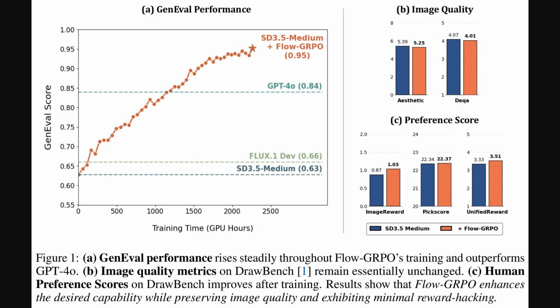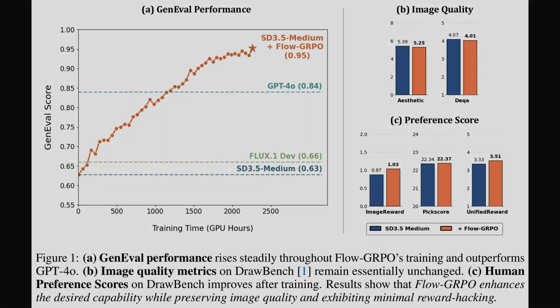Figure 1 here really illustrates the benefits. Panel A tracks performance on Generative, which is a benchmark testing how well the model creates images with multiple elements correctly arranged, or compositional image generation. We can see the Flow-GRPO method significantly boosts the score for the SD 3.5 medium model, surpassing other leading models. Importantly, panels B and C show that general image quality and human preference scores on the drawbench benchmark remain largely unchanged. This means Flow-GRPO enhances specific capabilities without that dreaded reward hacking, where the model over-optimizes for one thing at